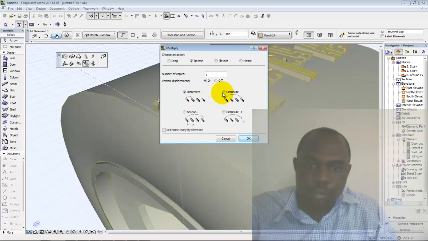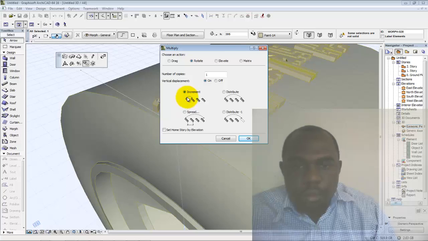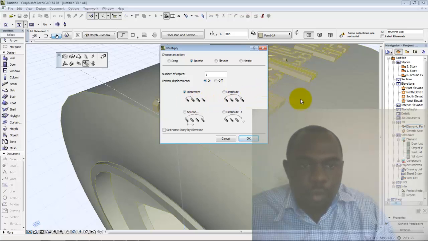For increment, it's going to take us 50 away. If we type 50, it takes us 50 away from what we have, if we start from this point. So if we type 2 millimeters, it takes us 2 millimeters away from this point until we get to